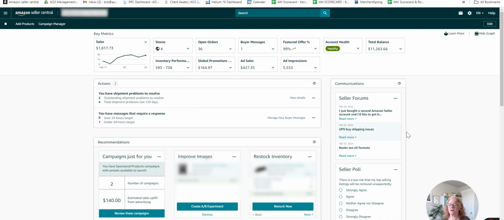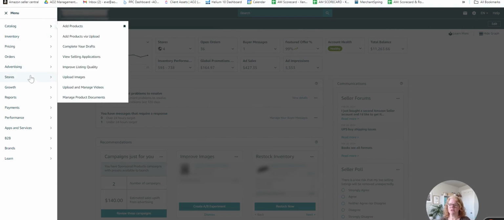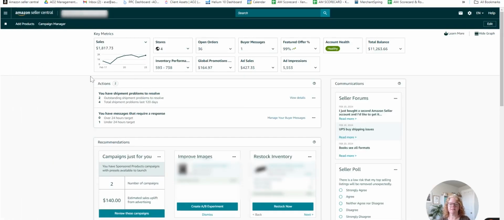Hi, so I wanted to walk you through this really great new program that, what we're hearing, is in a closed beta. So some accounts have it, some don't. It's called Creator Connections. To find out if your account has Creator Connections, come over here to your navigation bar and go to advertising. And if you have it, it's right here, Creator Connections. So we're going to open this up and I want to walk you through